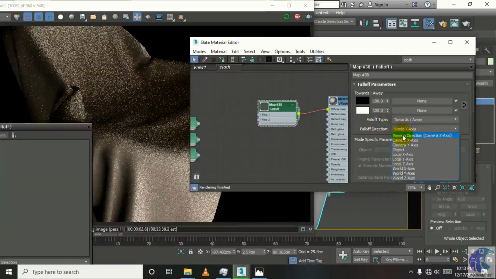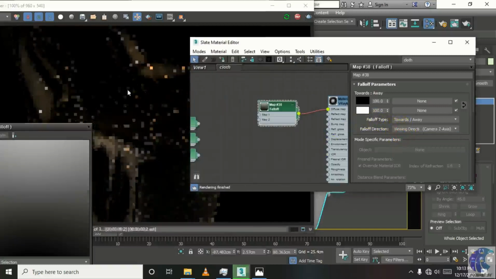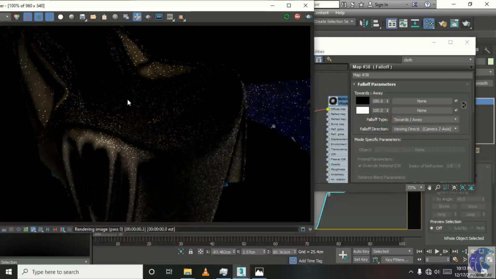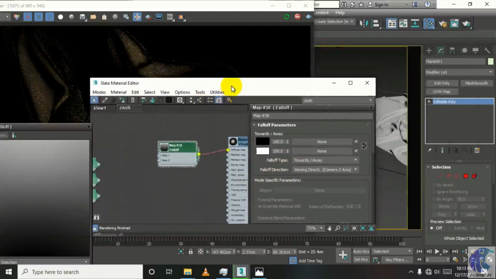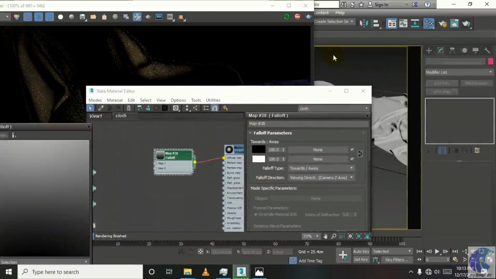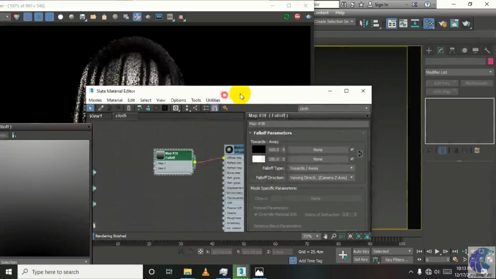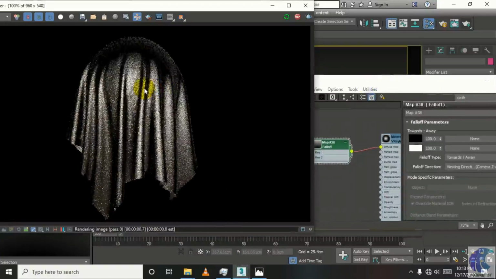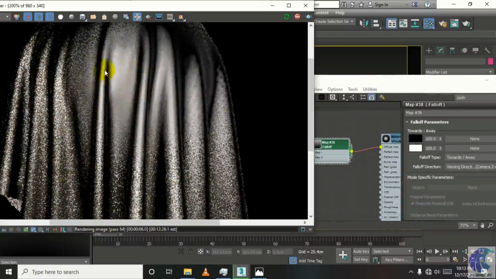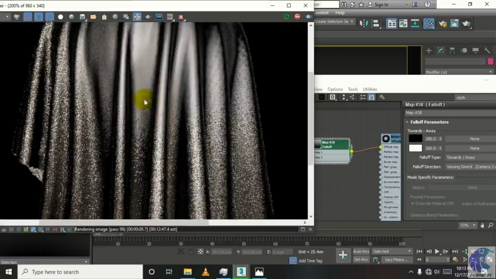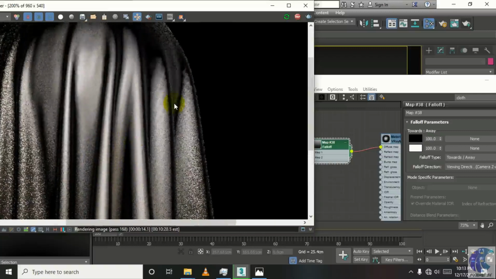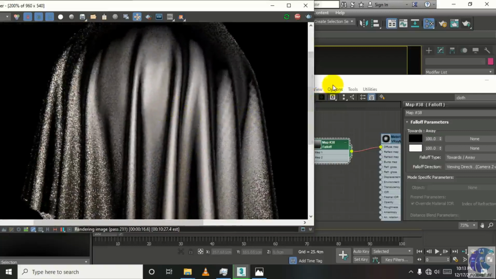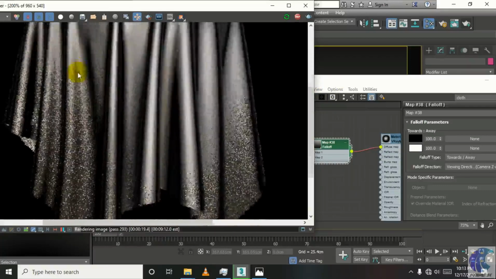So we will use our same results. We want our same result, and now we will go back to our previous surface, or the cloth we used. Now these lines are perfectly merging into each other, and somewhere they are not merging. So this is the result. I hope this is the result we wanted.